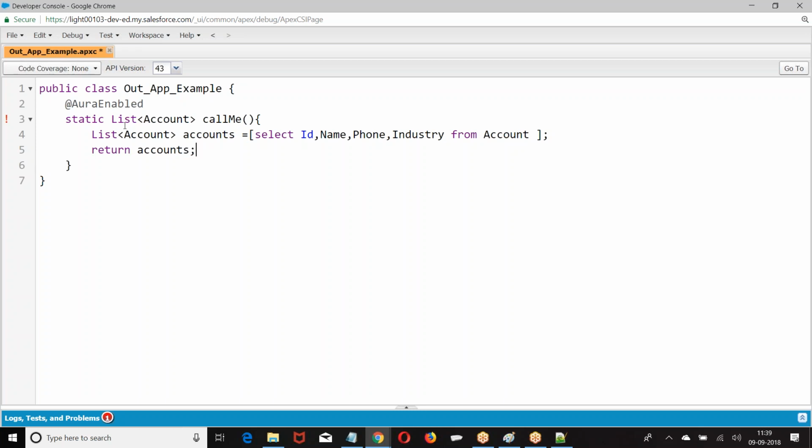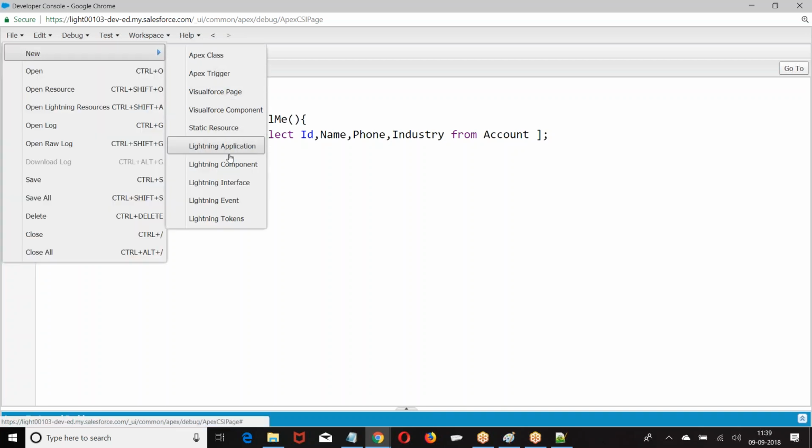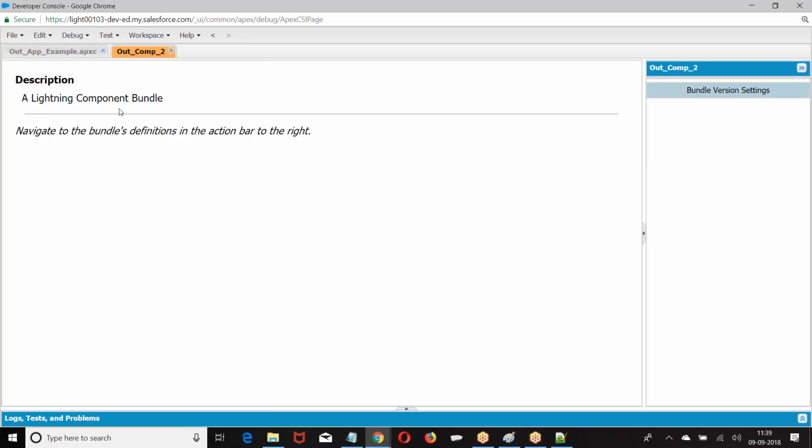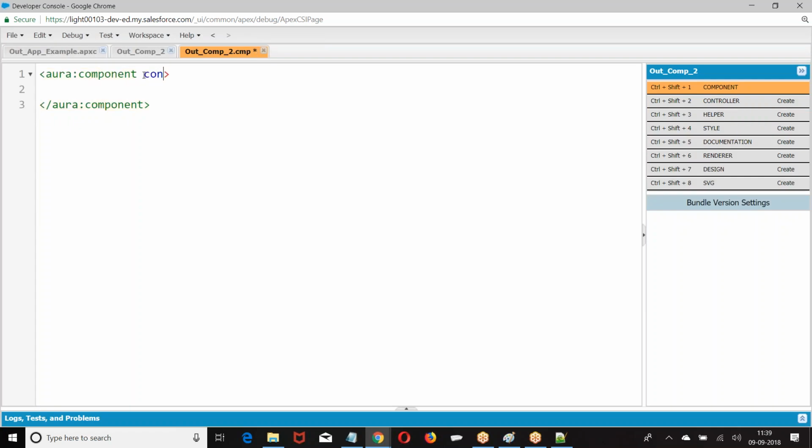This is what I have created. Then I'm creating a component.